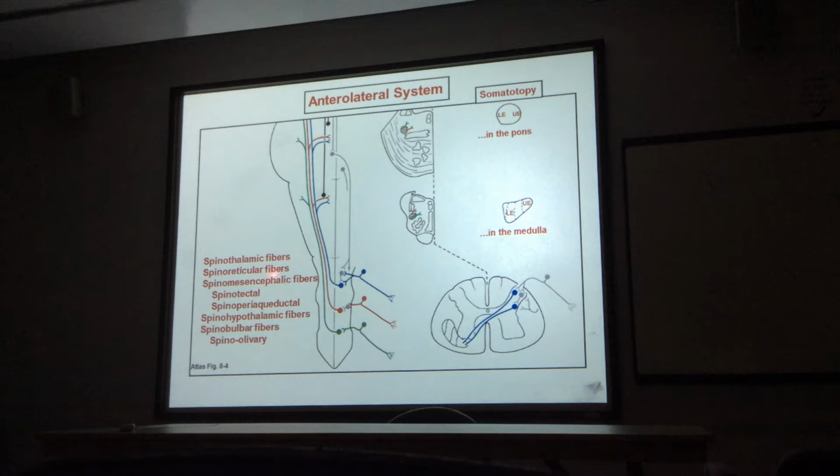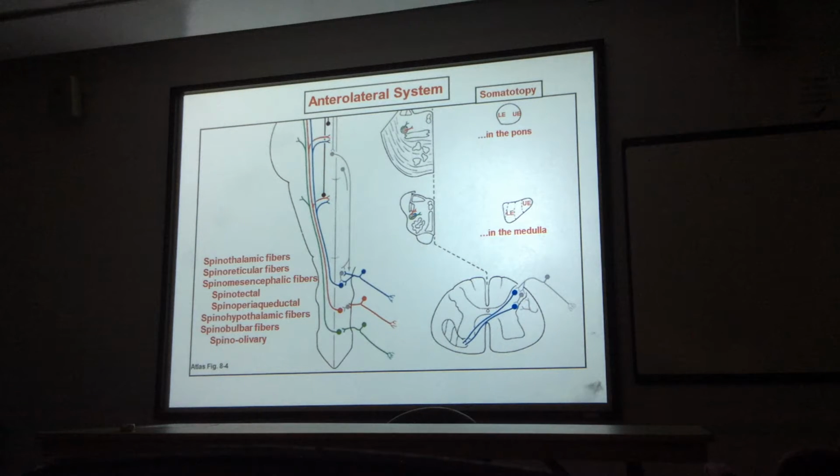Now, spinal-reticular fibers, what does their name tell you? Spinal cord to reticular formation. Okay? Spinal cord to reticular formation. Who cares? Well, let me tell you something about spinal reticular. Reticular fiber, and this represents reticulothalamic fibers. The A delta fibers are the ones that are going straight up. They are the neospinothalamic. The paleospinothalamic fibers are those which come up and branch into the reticular formation of the